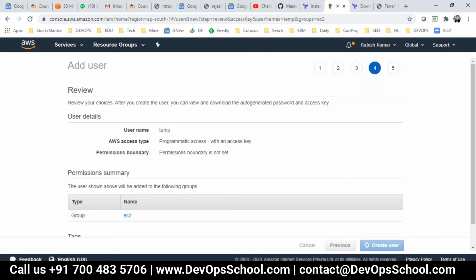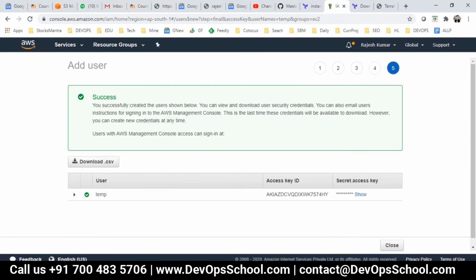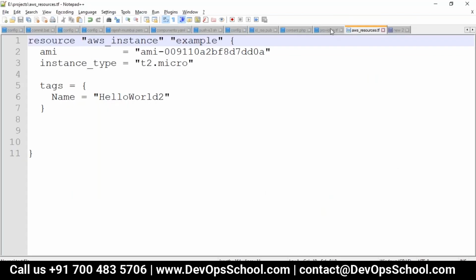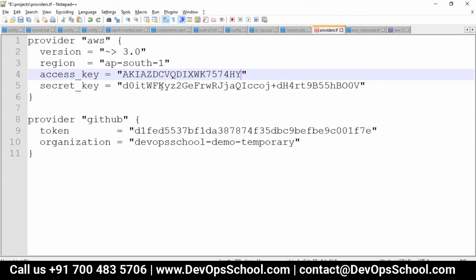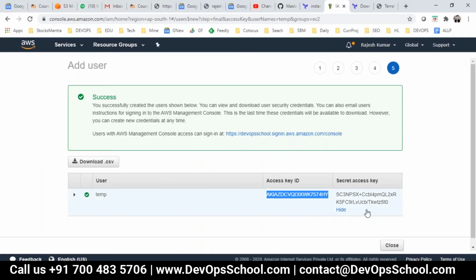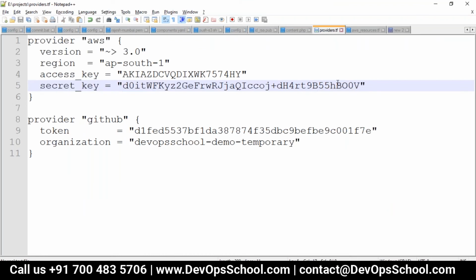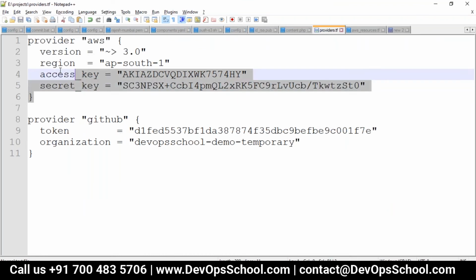So once I've created it here, I should get this key. This is the key I am going to update. Now, it's not a good practice to embed the access key and secret key here, but just for demo purposes we are doing so. Once you learn this, you can find tens of ways to secure these credentials. Okay, so I did this.